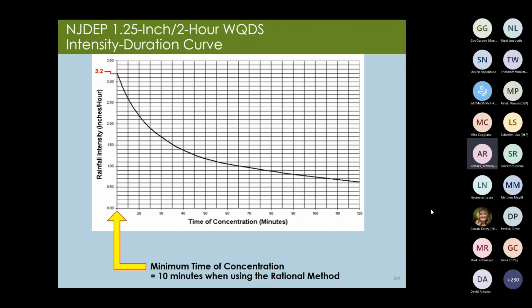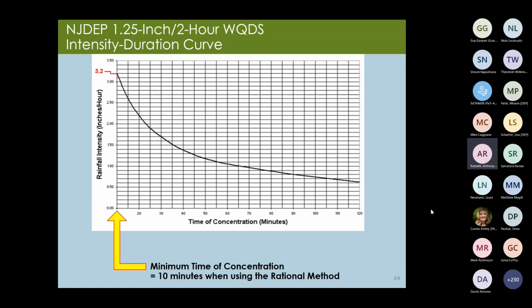So just to repeat, the rational method calculates only the peak flow rate for a specific storm event and not runoff volume. The rational method is often used in sizing manufactured treatment devices based on peak flow rate. For the New Jersey Water Quality Design Storm, the rainfall distribution for this storm event is not evenly distributed over